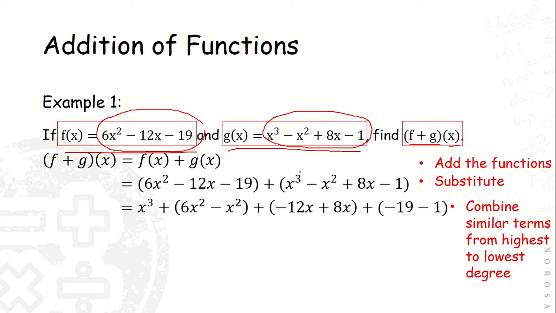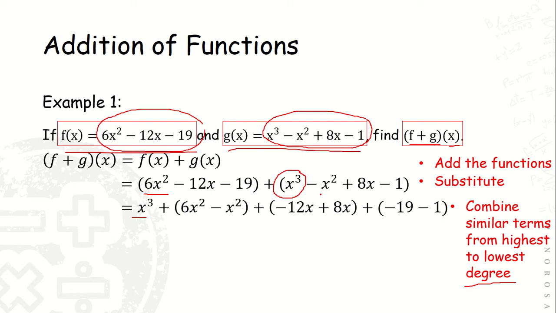We will have first x cubed, because the process of combining similar terms should be from highest to lowest degree. And the degree of a mathematical expression is denoted by the exponent. So therefore, it will be combined from highest exponent to lowest exponent. So we'll have first x to the third power. Then there is no similar term with x to the third power. Then we will have 6x squared plus